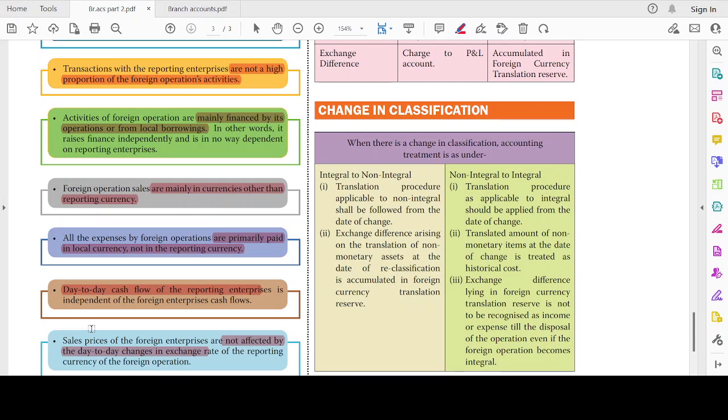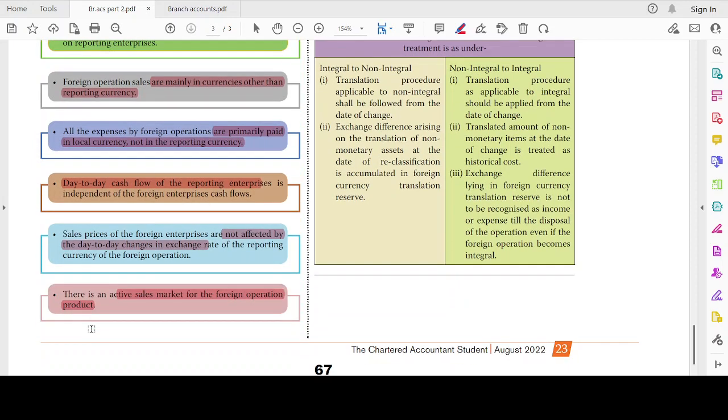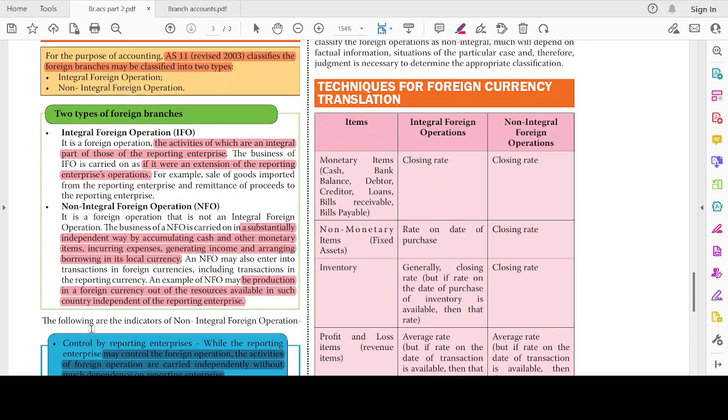Day-to-day cash flow of the reporting enterprise is independent of the foreign enterprise's cash flow. 7. Sales prices of the foreign enterprise's products are affected by day-to-day changes in the exchange rate of the reporting currency of the foreign operation. 8. There is an active sales market for the foreign operation's product. Here, what we have to note is that the reporting currency is the currency in which the financial statements are